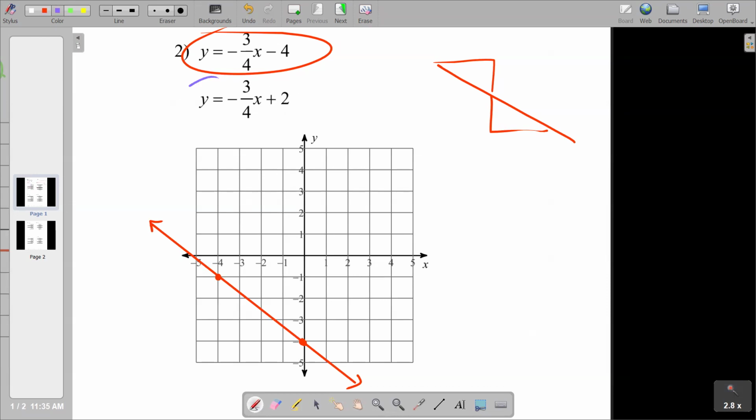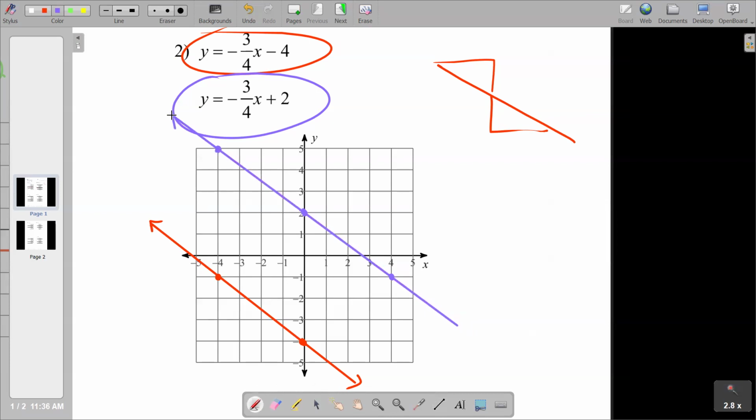This next line, again, I'll switch colors. We're going to start by going up 2. And what's his slope? Down 3, right 4. Yeah, down 3 and right 4. Or as Nash said from the back of the room, the same as the other guy, right? And this one, I actually have enough room to do a couple. So I'm going to go up 3 and then back to the left 4. I'm always going to graph as many points as I can. You should too. Okay, and when I graph those 2 lines,